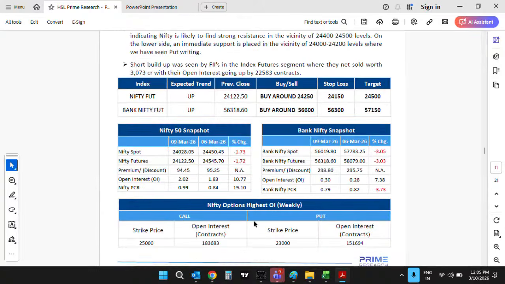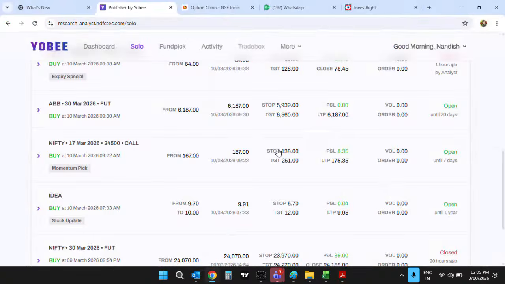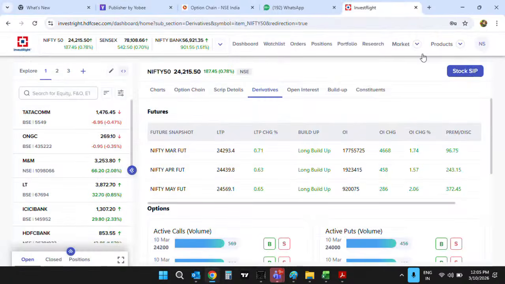Now coming to today's data, today after a long time we have witnessed some long build-up. If we combine the open interest of March, April, May futures, we have witnessed long build-up. Even the Nifty open interest put call ratio, in the morning, it was 0.99, the same level as yesterday, but now it has moved up to 1.05. This rise in put call ratio is mainly on the back of put writing at various levels, 24,100, 200. Siddharth will give you exact details, but yes, this rise was on the back of put writing.